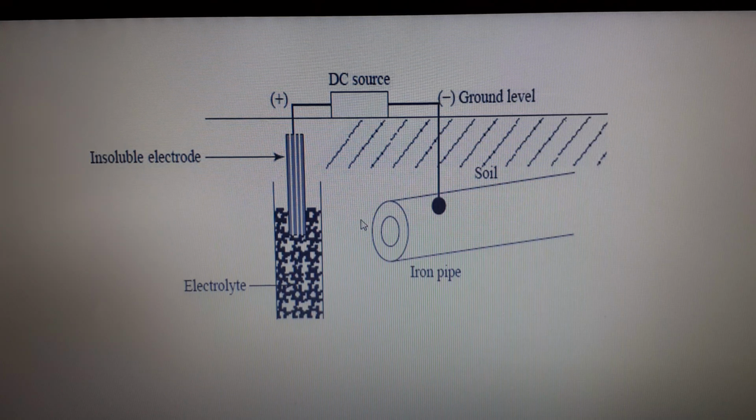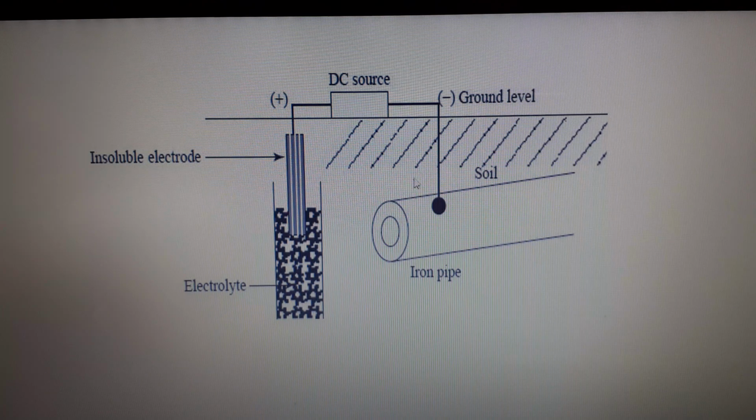See, in simple language, this is iron, right? Here it behaves like an anode, and this will be the cathode. So electron will go from this to this, right? But here we have arranged the DC source. So as it flows in this direction, current flow will be in this direction. So current gets nullified over here. So this is also protected. This is known as the impressed current method.